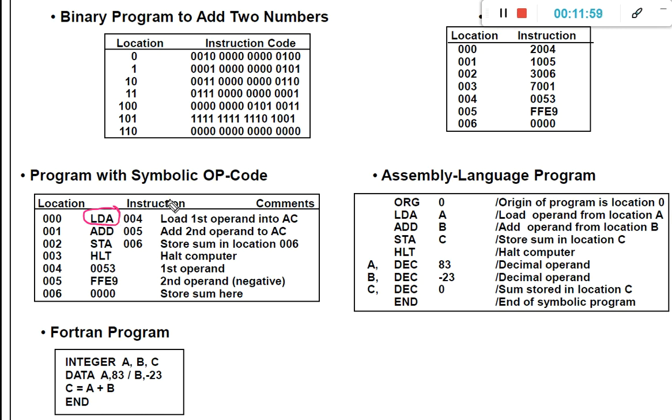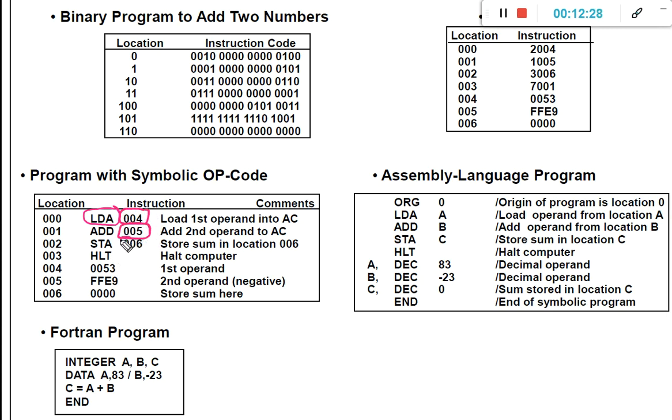It means that instead of giving the hexadecimal code for the particular operation, we are going to give the code LDA, ADD, STA, HLT, something like that, and the remaining 3 digits are going to represent the address location.